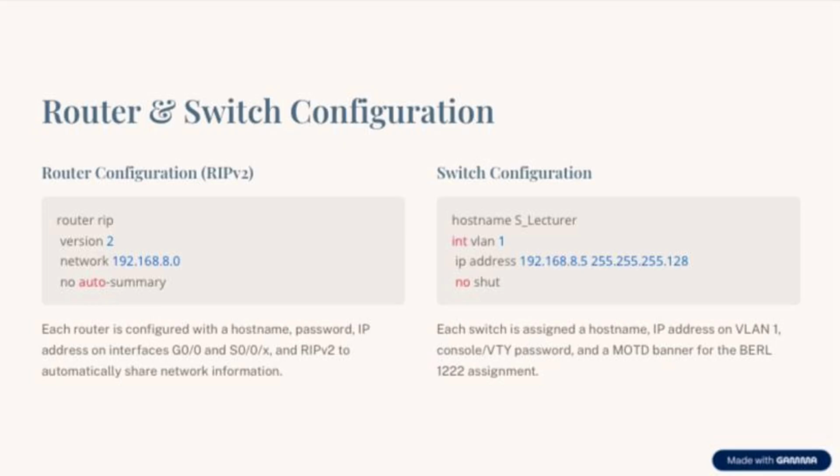For switch configuration, using command hostname, enter the name switch, interface VLAN 1, next enter IP address with subnet mask, last enter no shutdown. Each switch is assigned a hostname, IP address on VLAN 1, console VTY password, and a MOTD banner for the